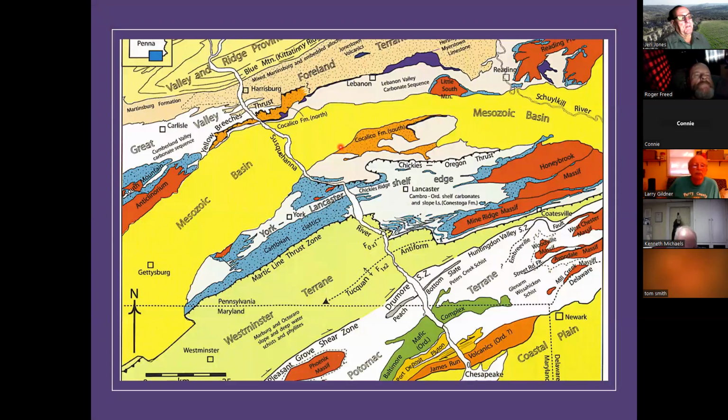You've seen this map before if you've been with us a number of times. All the pieces of the crust that are put together into southeast Pennsylvania are things called terranes, pieces of crust not formed on the North American continent, but formed elsewhere, and they collided with North America over millions of years. So the Potomac terrane, the Westminster terrane, we have this area through Lancaster and the central part of York County, with the limestone being on a continental shelf, and